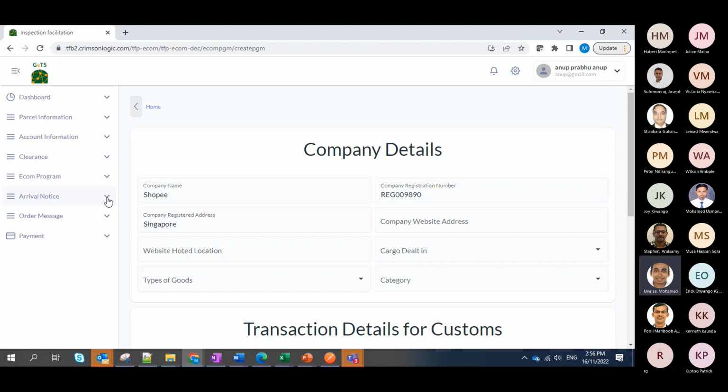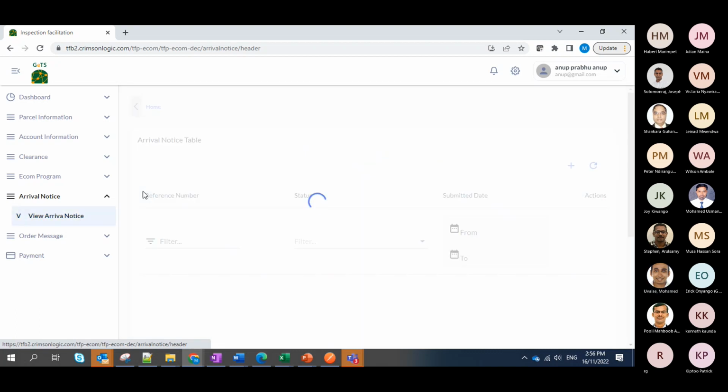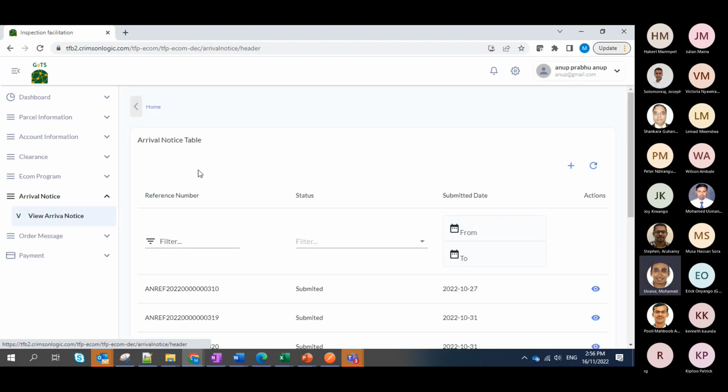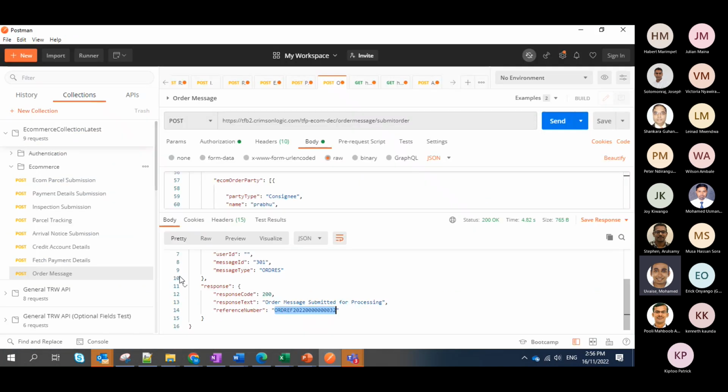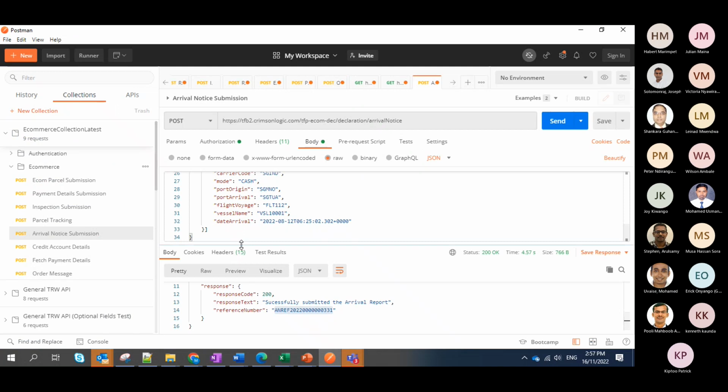Maybe what I have not covered is the arrival notice. This is where there is also provision to submit certain information on when the goods actually arrive at the borders. This can also be submitted through the API.